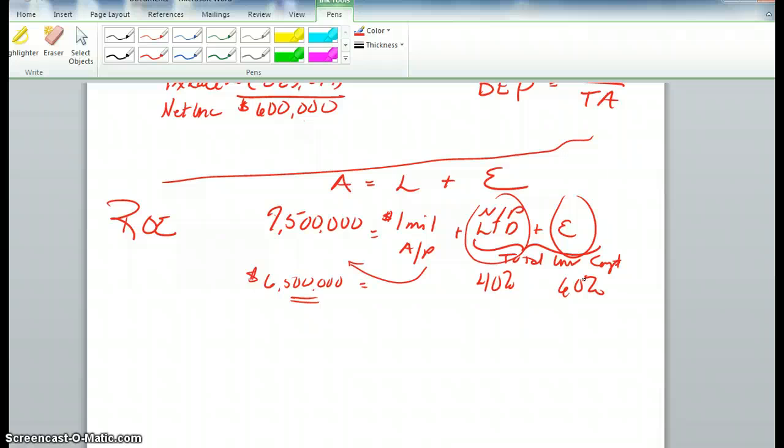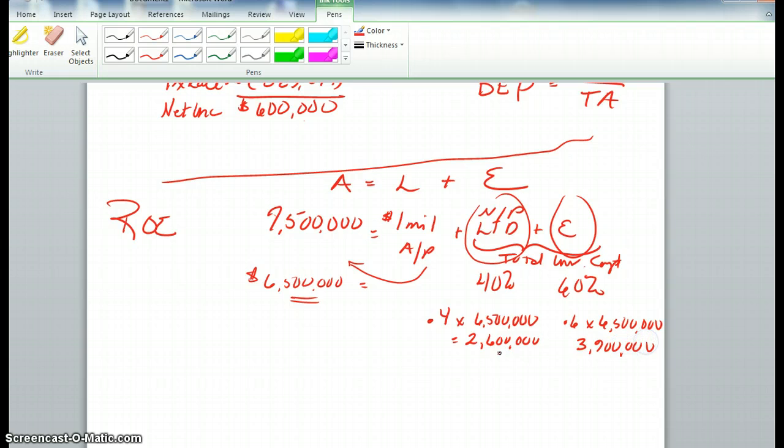So therefore we can get our total debt and total equity. For total debt, I'd take 40% times 6.5 million, and that gives me 2.6 million in total debt. And then for total equity, I could take 60% of 6.5 million, and that will give me